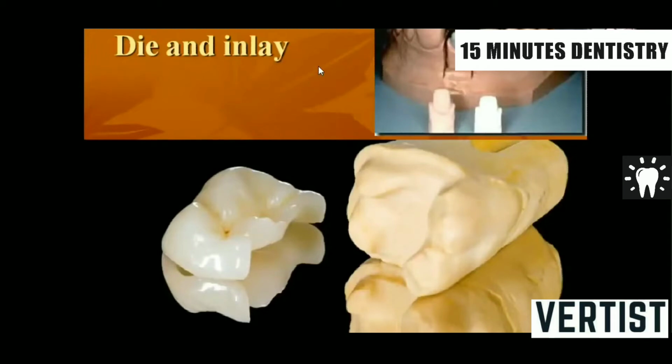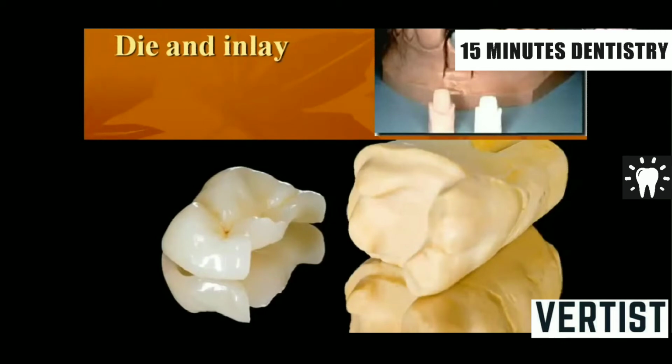After the impression is made in an impression material, we pour the cast and we make a die like this. This is the die of a central incisor, and the cuts that you are seeing here are called a die cutting procedure. So you want to isolate this tooth and take this out. There is a pin which supports and holds this in position so that this tooth can be taken out and worked upon, giving it the desirable shape and size for the future restoration which is being planned. The wax work becomes easy.